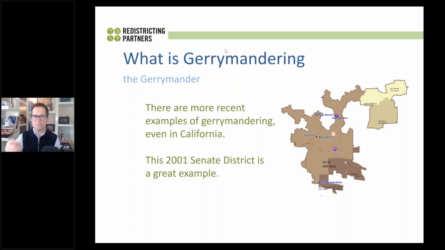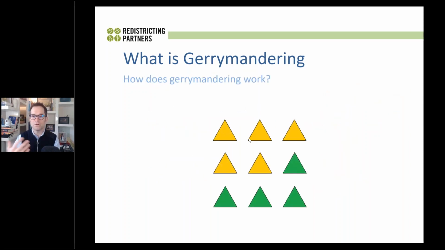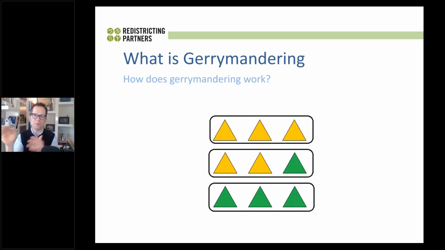If you have students who are in an AP government class, they might get a little bit deeper into redistricting, and there's this fun exercise that comes up in textbooks, and it looks something like this. It's an area with a fictional 4 green triangles and 5 yellow triangles. And if a student is given 5 seconds to draw 3 districts, they'll probably draw something that looks like this, either horizontal or vertical lines. And in either case, the yellow is going to elect 2 representatives and the green is going to elect 1